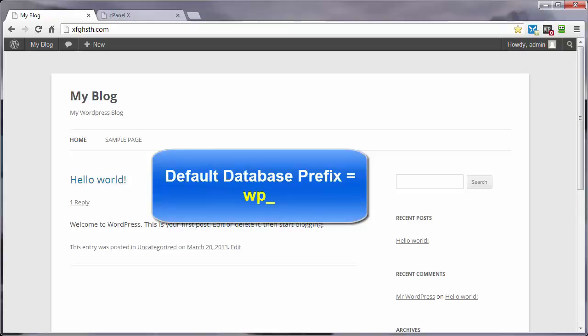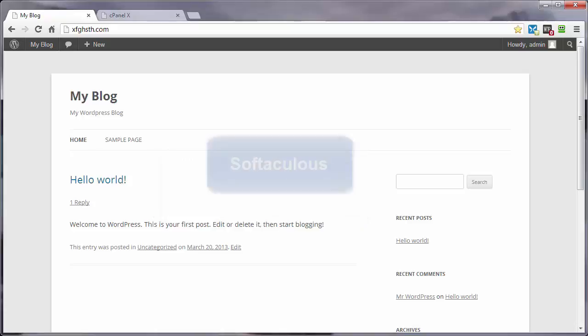Now, if you have not yet installed WordPress and you have access to the one-click install program called Softaculous, then you can make this change before you even install WordPress. You can also change the database prefix manually after you have WordPress installed. The manual way is best done on a new install, but you can still do it on a seasoned site